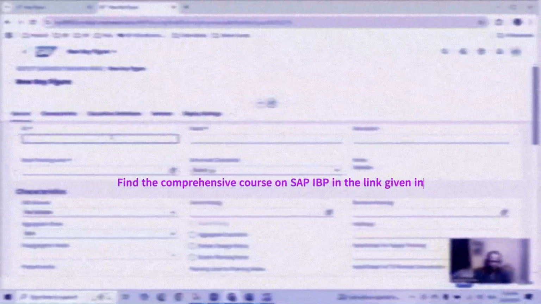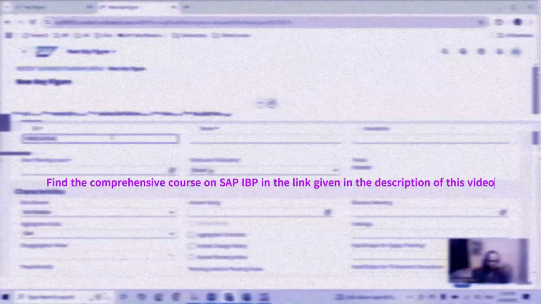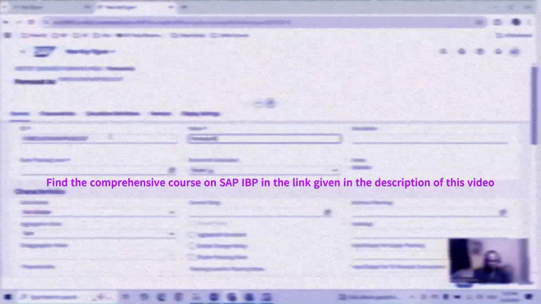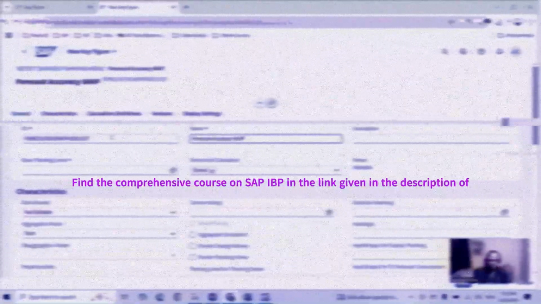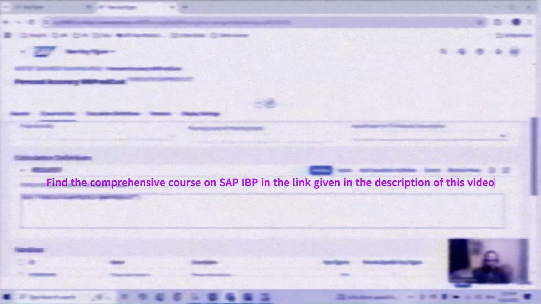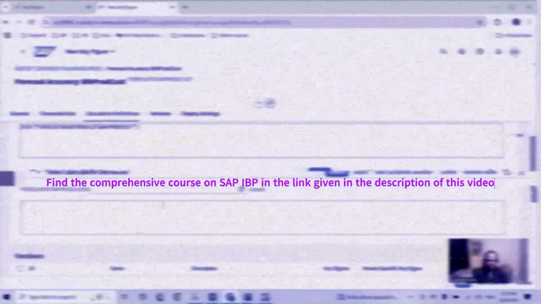So we will go to key figures and click on new and say forecast accuracy at week product, right? And then we'll say forecast accuracy week product. Add a calculation where we want to see that it is at a week product level, where I'm saying 1